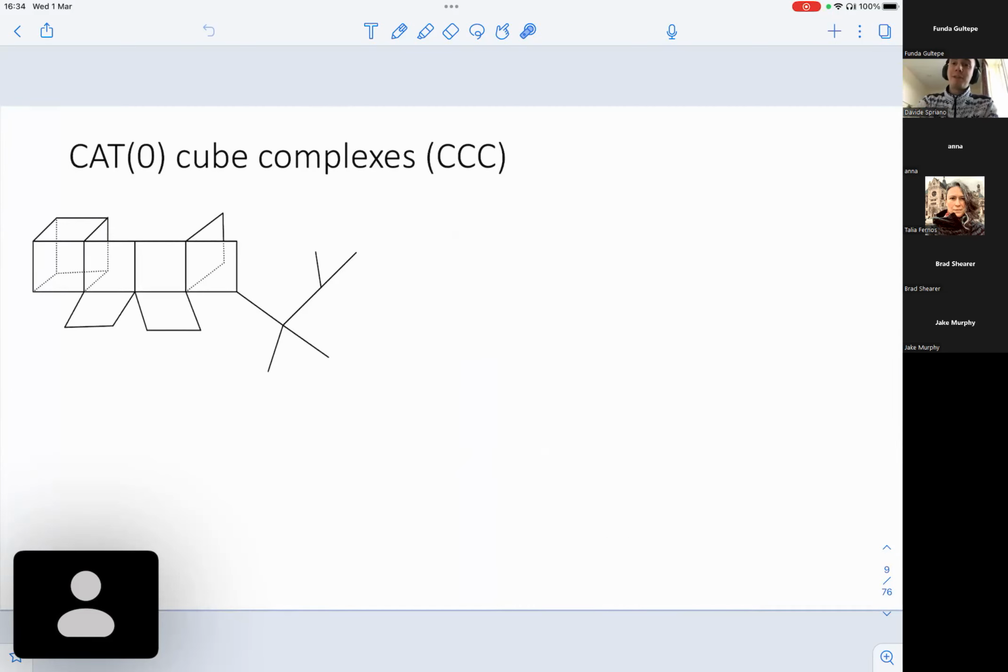And now let's talk about Katsir cube complexes. So what is a Katsir cube complex? Well, it is like a CW complex, a simplicial complex where the cells that you use are cubes. A cube is just like you take I^n, which is the nth power of the real interval [0,1], with the usual L2 metric. And then you glue them, such that faces are surjective isometries. Maybe I should write it. So the gluing maps